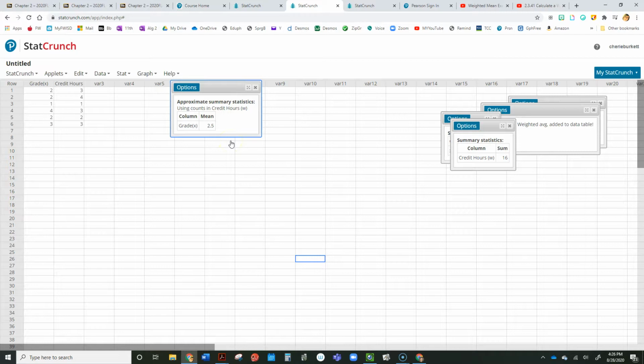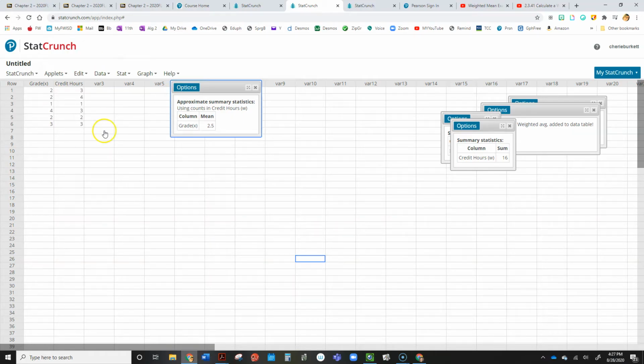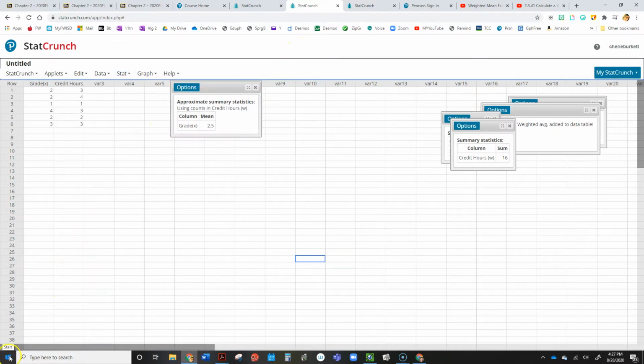All right, so that's several different ways. You can do it by hand, which is what we did here, or you can use the expression calculator, which was the first thing that I showed you where you do the new columns, or you can just do that last one, which is stat, summary, grouped, and binned, okay? All right, I'm going to stop this, and then what you should do before the next video is